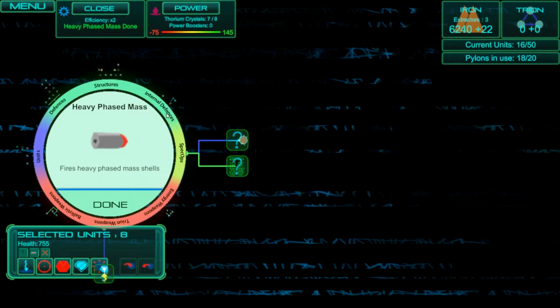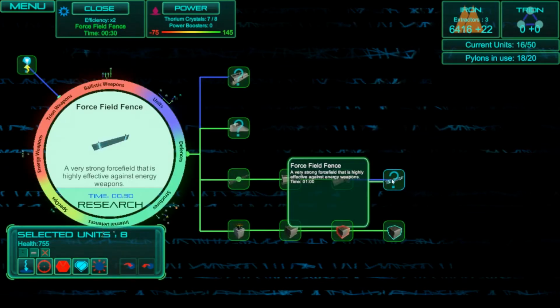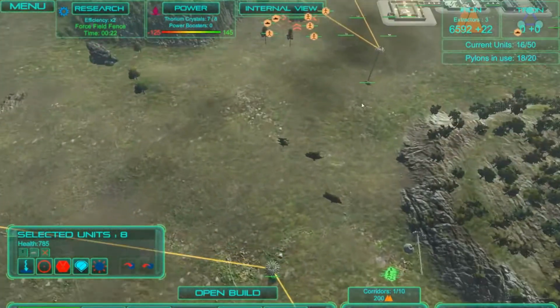Spec Ops. I don't need any of that. Eternal offenses. I'm not getting attacked yet. Ooh, my thing. Yes. So I'm not going to be using the force field fences, even though they are very good. Instead, I'm going to be building a...